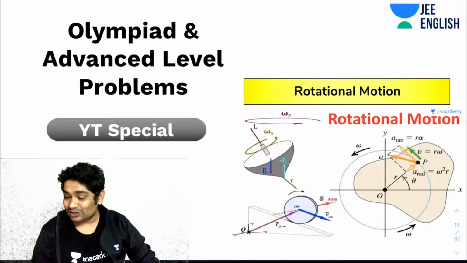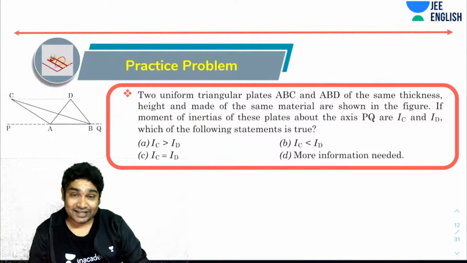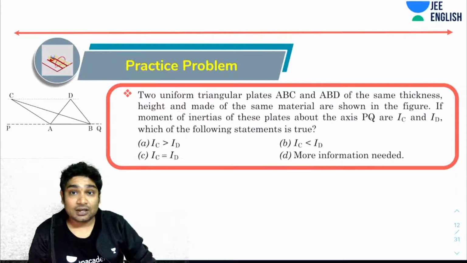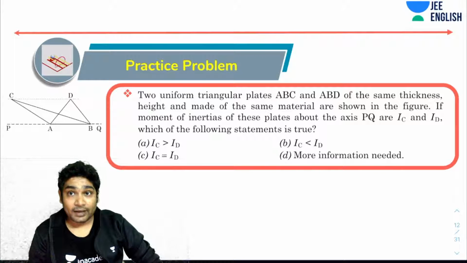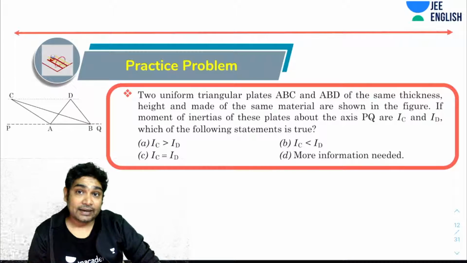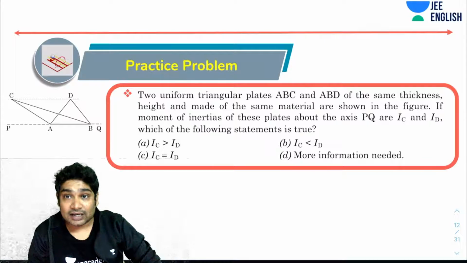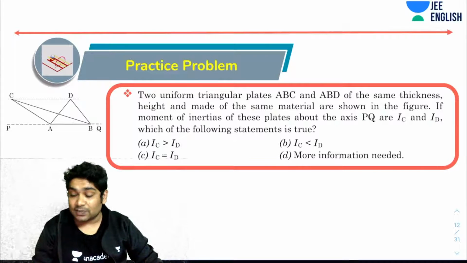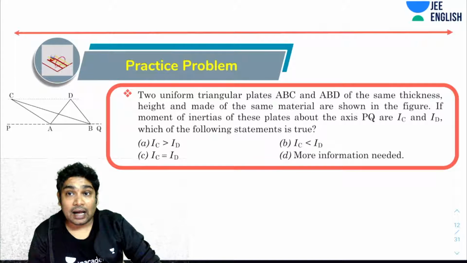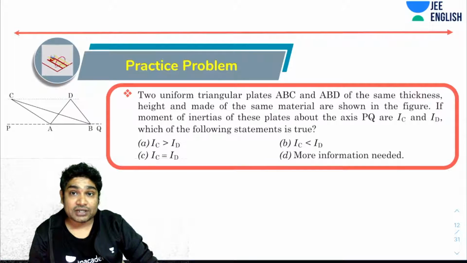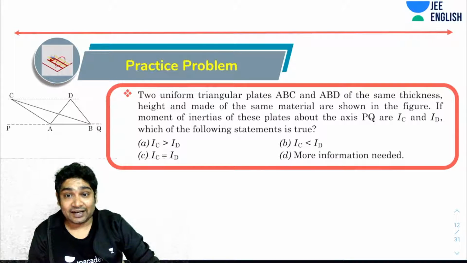Okay, let's get started. This is an interesting situation, by the way. You've been asked: two uniform triangular plates ABC and ABD of the same thickness, height, and made up of the same material are shown in the figure. Now, if the moment of inertia of these plates about an axis PQ, which is this axis passing through the base, are IC and ID, which of the following statements is true? IC greater than ID, IC less than ID,